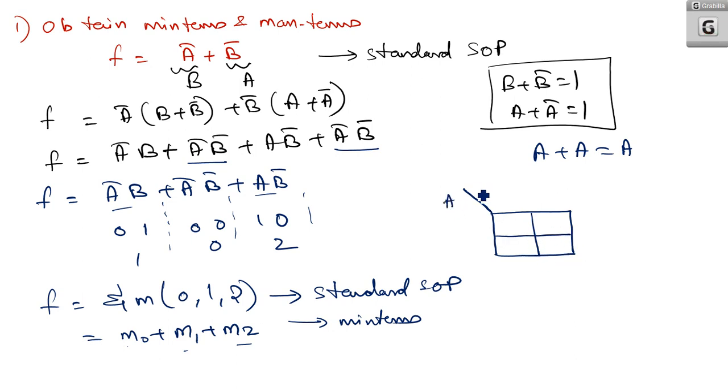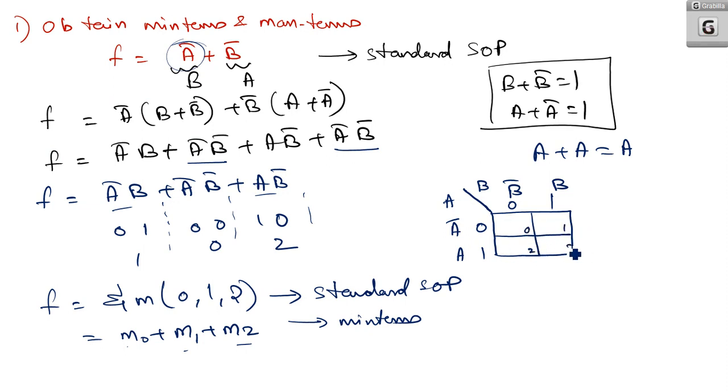This is A, B, 0, 1, 0, 1. So this is A bar. This is A, B bar, B. Now, if you are looking at the basic expression, A bar is there. A bar is there means all terms having A bar should be equal to 1. That means here we can write